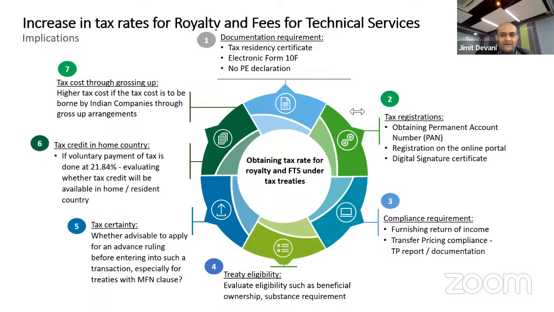Which treaty to consider, where payment is made to one country towards reimbursement for services provided by another treaty country? This is a triangular situation, but remember, you always need to check which treaty applies. There will be triangular cases depending on which country you look at. Remember, in case of reimbursement also, royalty and FTS provisions apply. While many say it's a pure reimbursement, it may not be a pure reimbursement. You need to see if the original payment was subject to royalty or FTS; even the reimbursement could be subject to royalty or FTS.